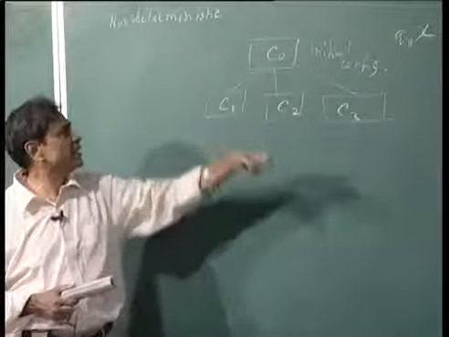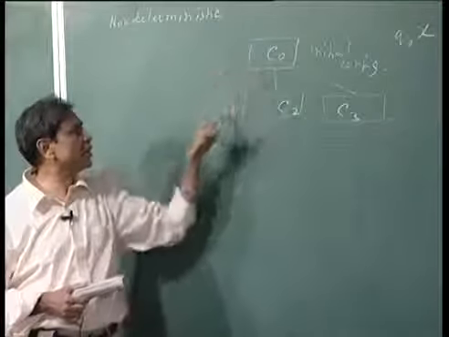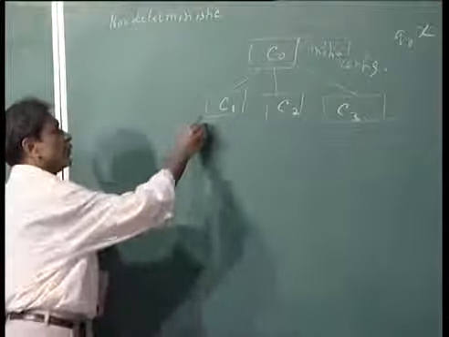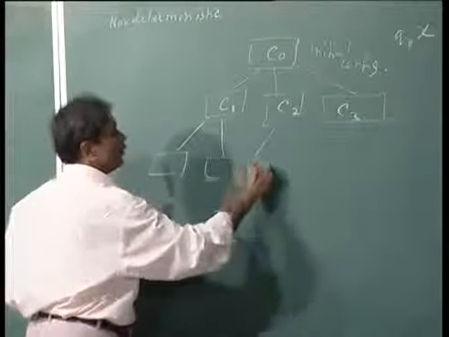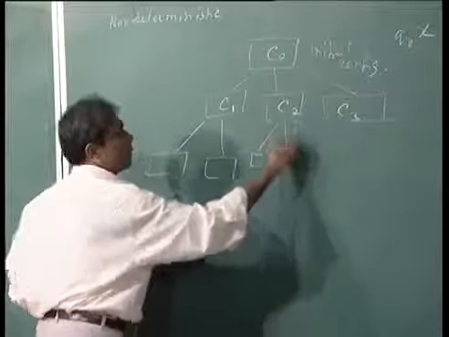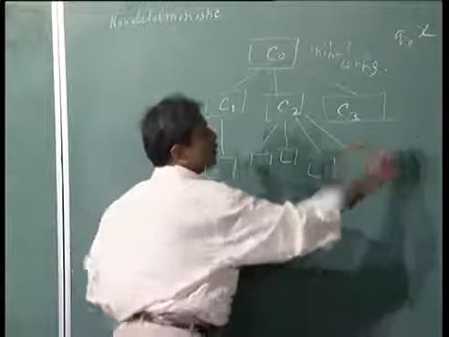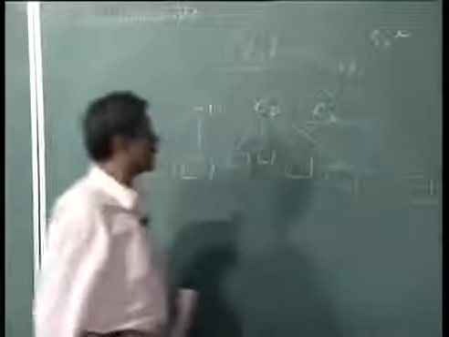So, in this example, supposing from initial configuration C0 it can go to any one of these, maybe from here it can go to these 2 configurations, maybe from here it can go to 4 configurations,